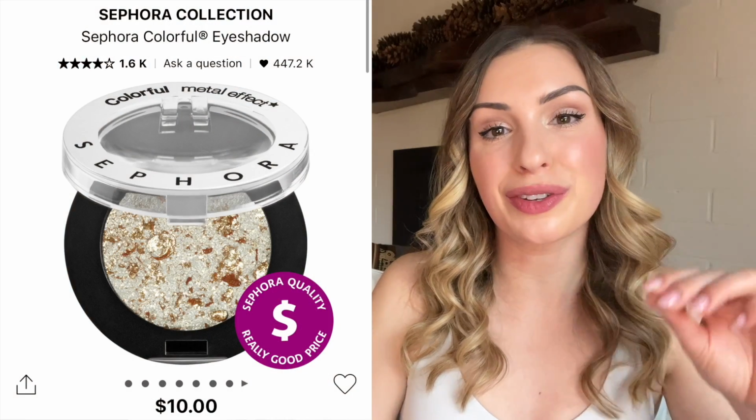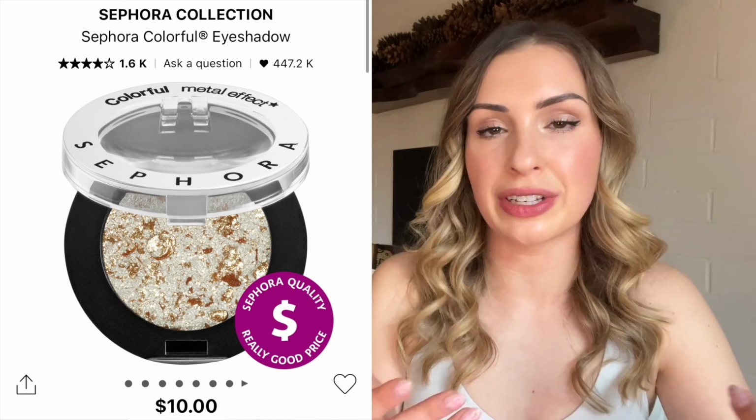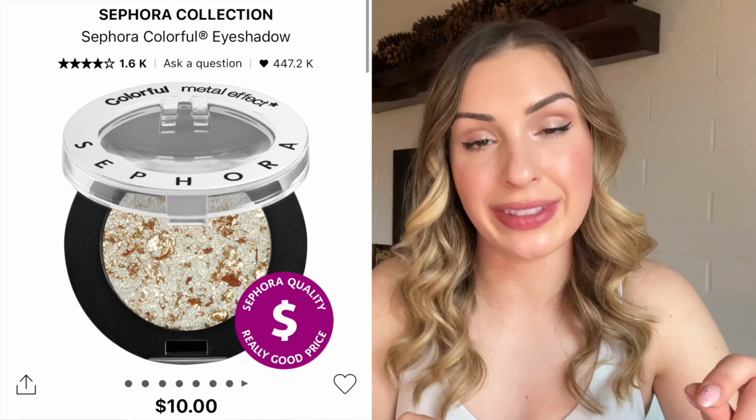Before I move on, I do want to recommend one eyeshadow single, one that I've been absolutely obsessed with for the past couple of months. And this is a part of the Sephora collection, which remember, I think you get 30% off of Sephora collection. So these are going to be pretty well discounted. These are the Sephora collection colorful eyeshadow singles. They're just little eyeshadow singles, nothing special, right? Wrong. Okay, you got to get this shade that is called